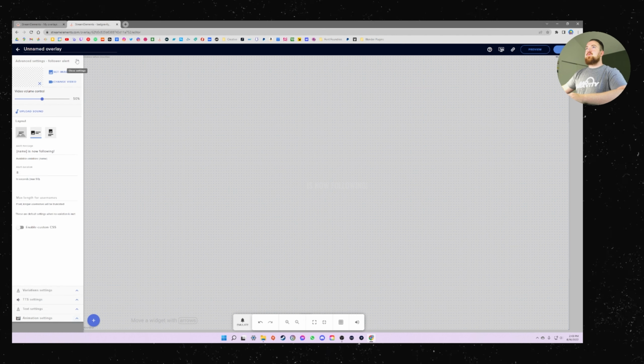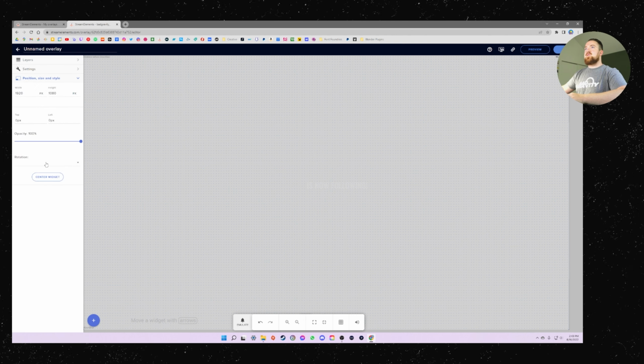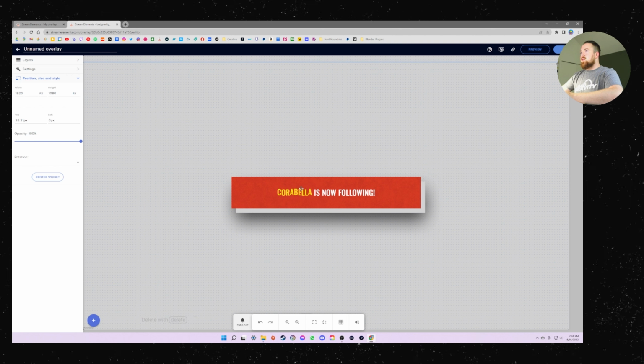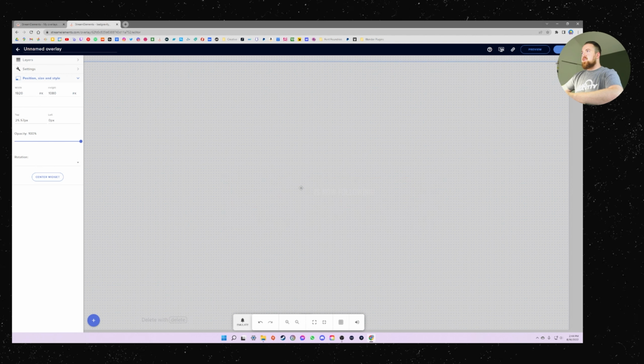But now you can see if we come into position, size, and style, the widget is centered, but the text is hanging out up top. So if we just click and drag it, we can get it pretty well centered. The sides will snap pretty well, so you don't have to worry about keeping it directly center. So if we emulate again,